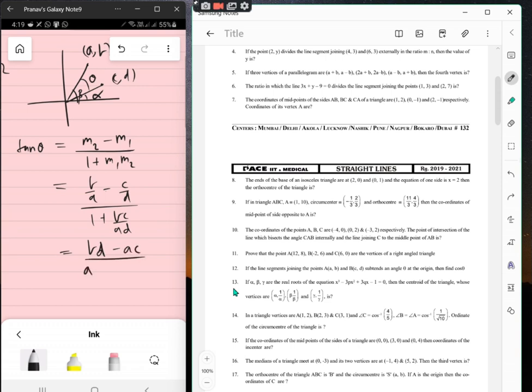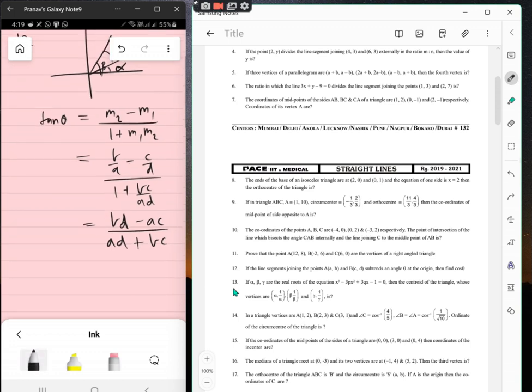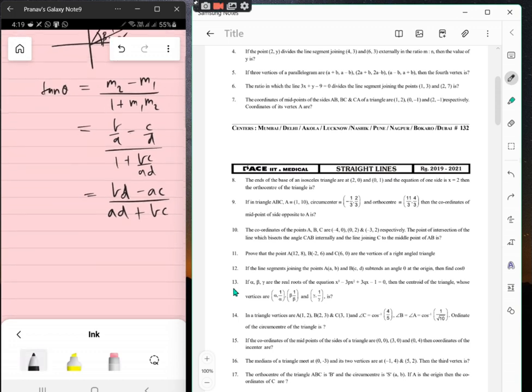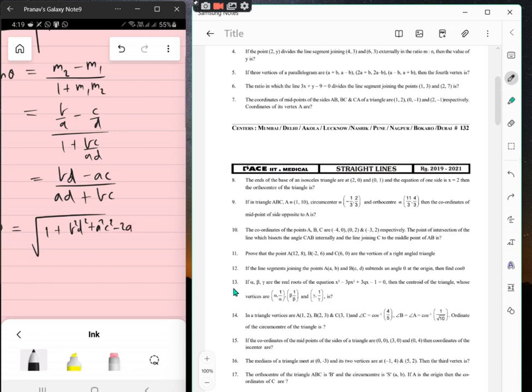Yeah, this is incredibly laggy. But you got what tan theta is. Now you need to find cosine theta, which isn't that bad. So what is sec theta? Sec theta is the square root of 1 plus tan square theta. So it's square root of 1 plus, what's this guy squared? It's just b squared d squared plus a squared c squared minus 2abcd upon a squared d squared. Okay, plus b squared c squared